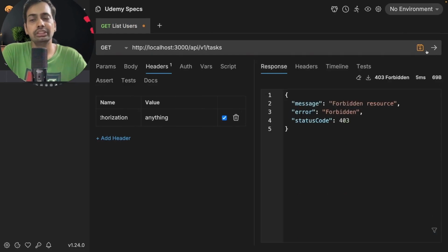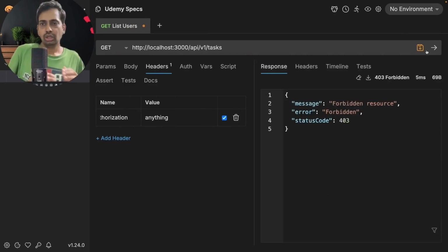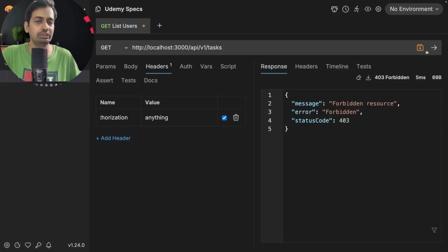See the status code now, it is a 403. 403 forbidden means you are an authenticated user, you have entered the application, but you are not authorized to access each and every resource. There are some resources which you cannot touch. That is the authorization, right? Forbidden resource. One is unauthorized, 401. You cannot access the whole app. Forbidden means your authenticated token is valid. You can access some resources, but not all. So for that particular task resource, I am going to send you forbidden.